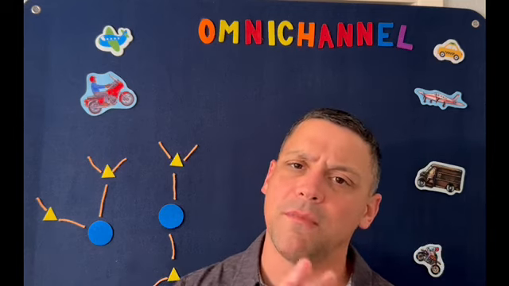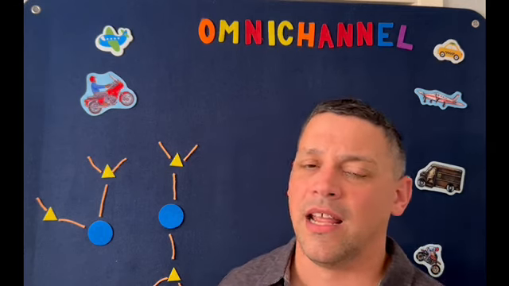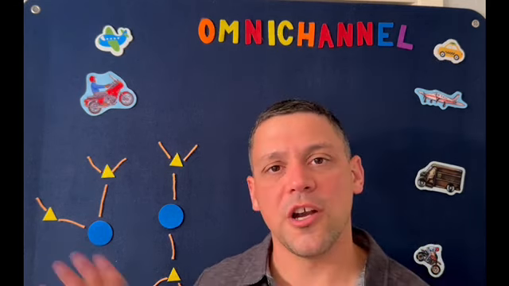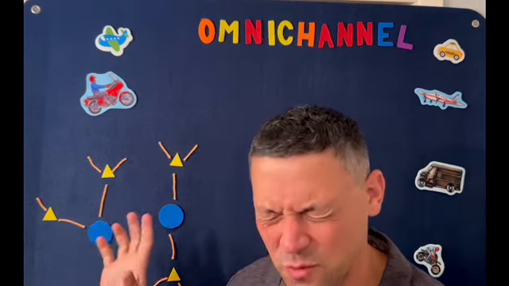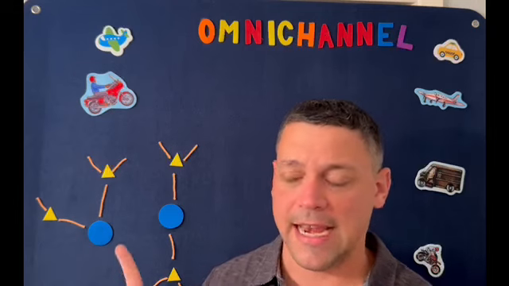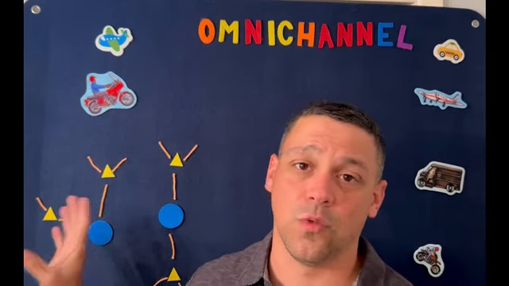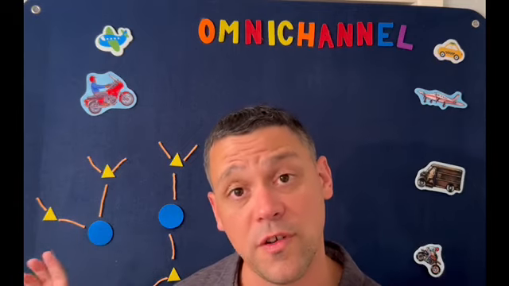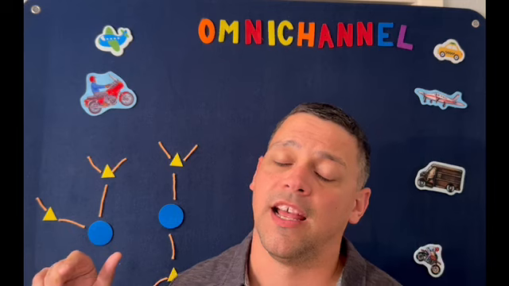Another reason why omnichannel wouldn't be as important now as it used to be is that zone skipping is becoming more of a thing, and fulfilling orders becomes a bit easier. So we spoke in an earlier video about order management systems, called OMSs, and what they do for you, which is great. And one of the things that I see the world of e-commerce and parcel moving towards is away from omnichannel and towards zone skipping.